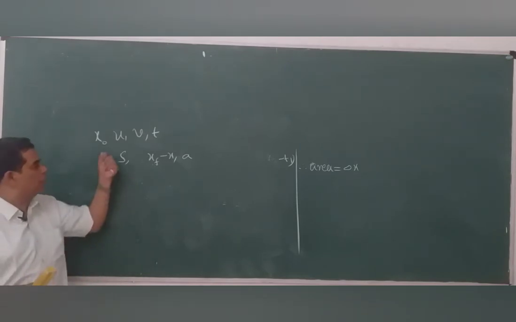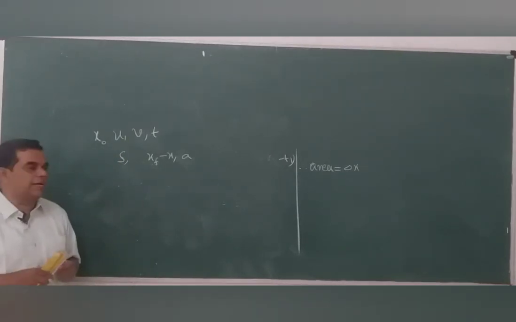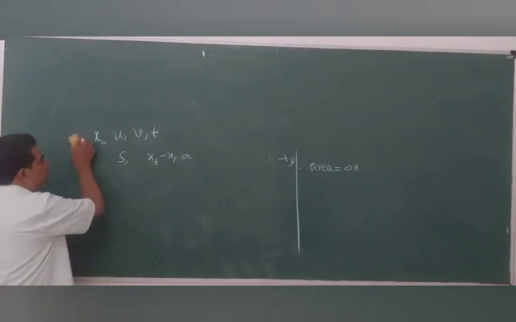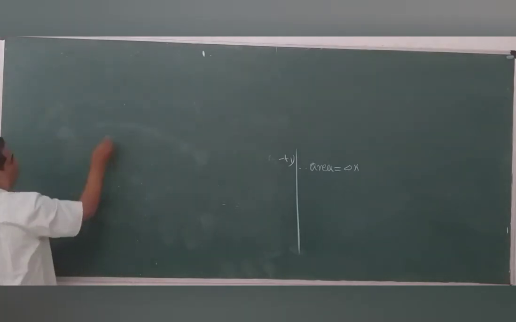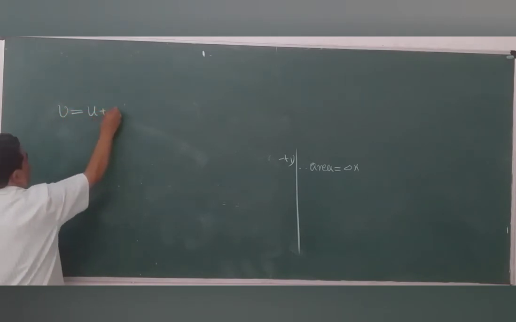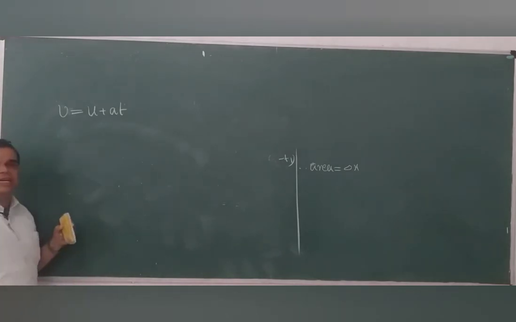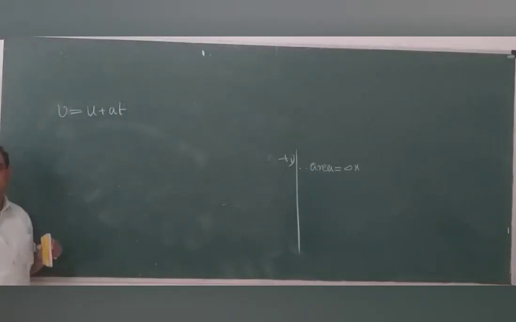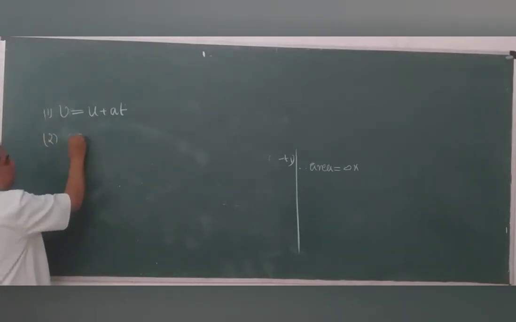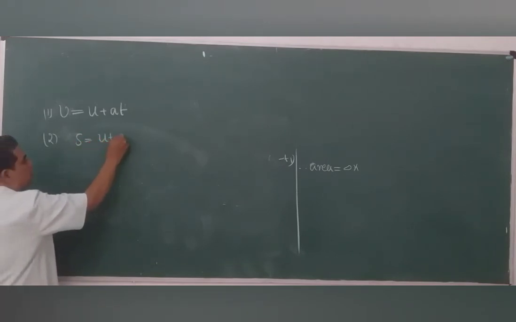We will learn what the equations are which connect them. You already learnt them in your 9th standard most probably. Say you learned 3 equations. We start deriving them one by one using the graph. First equation, V equals U plus AT. In my notes or in the textbook, we use V naught instead of U. Let's not bother. You can use U or V naught; both designate the initial velocity. First equation. Second equation, S is equal to ut plus half at square.